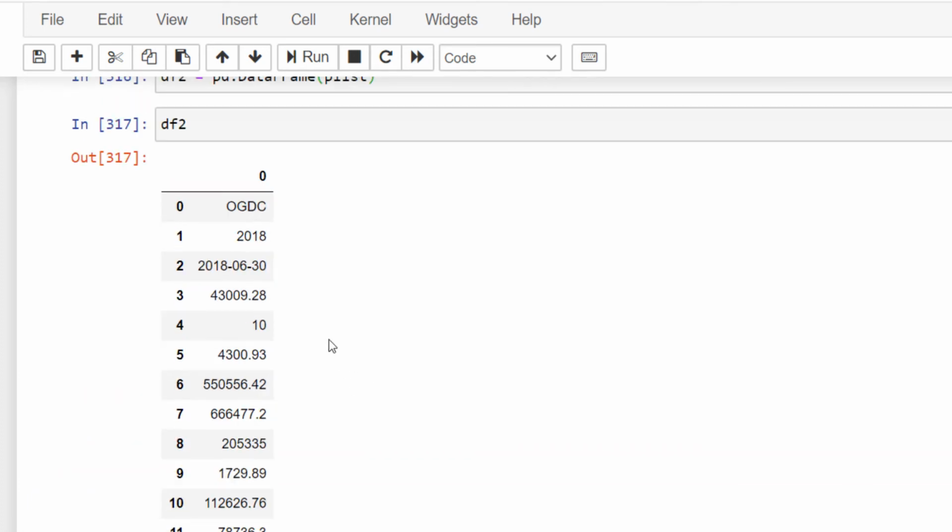So now we have two data frames which we need to merge to make one, so that the row headers come in the first column and the numeric values come in the second, third, fourth and fifth columns.